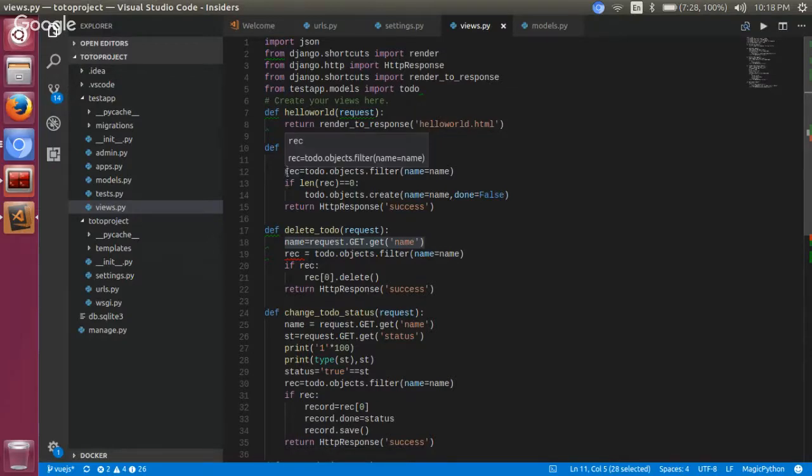and what it is doing, when we call ToDo.objects.filter of name, is fetching already existing to do objects with the name which we have given, and if that length is not equal to 0, then it is creating a to do. Okay, here we go, to make this unique,